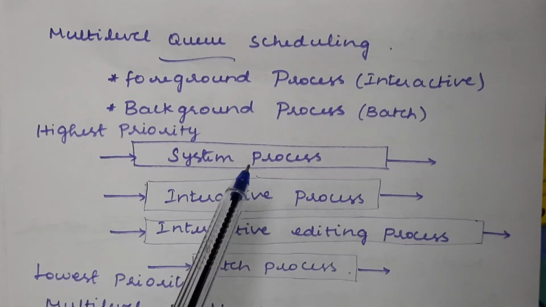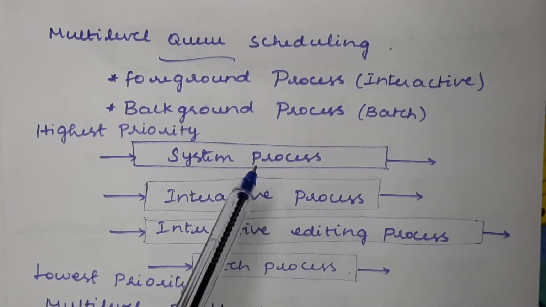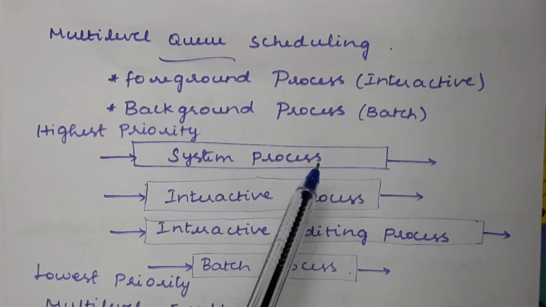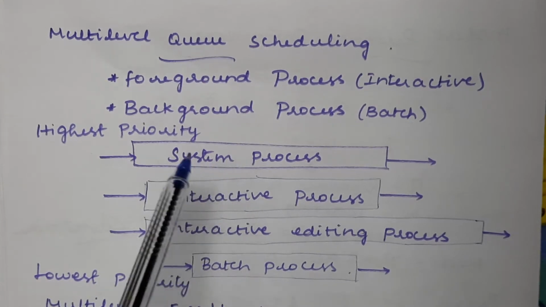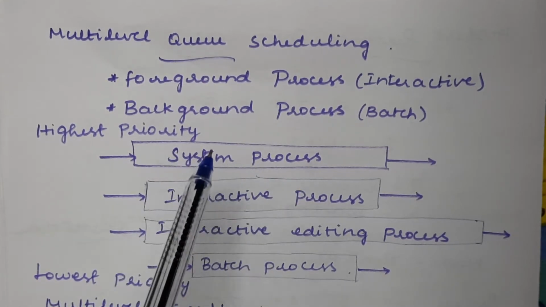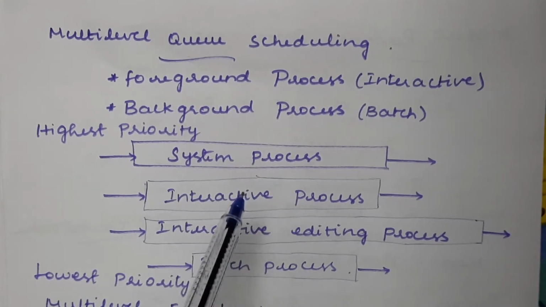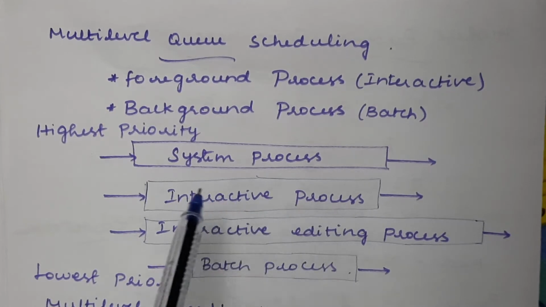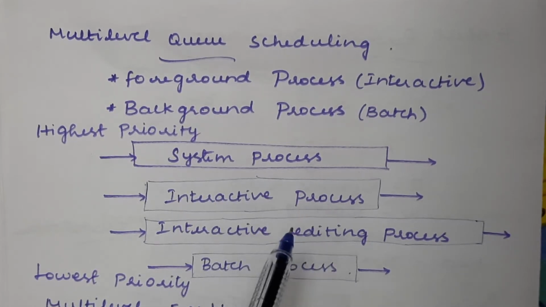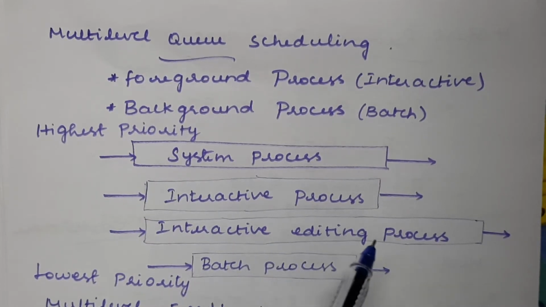If you look at this, the interactive process will not be executed until the completion of all the processes that we have under the system process queue. Only after completing all the set of processes under the system process can the interactive process be executed. In the same way, after the completion of all the processes under this type, the next queue, whichever is holding a number of processes, can be executed one by one, right?